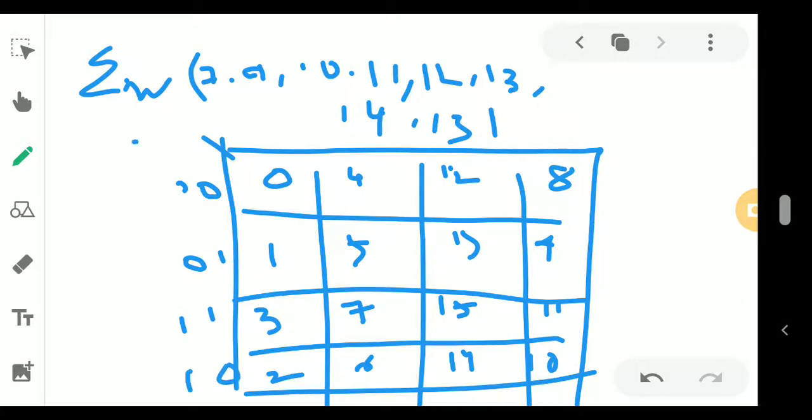Ma'am, you can ask me, ma'am, why is it like that? On the top, I am considering AB. Previously what I have shown over here, I was considering AB in this part. In this part I am considering CD, and in this part I am considering AB. That's why there is a slight change in the truth table. It will be 1 1 here, and it will be 1 0 in the B part.